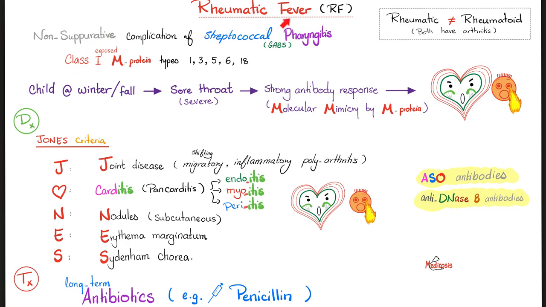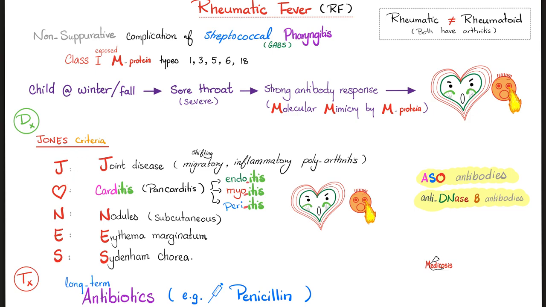Usually rheumatic fever happens in a child during winter months or autumn or fall months. Risk factors include living in poverty, living in the slums, poor hygiene, many sick contacts, etc. The poor kid is gonna develop a sore throat, and then later, a strong antibody response. That's the molecular mimicry, that's rheumatic fever. Rheumatic fever is not just the joints, it's not just the heart, it's many organs, and these are the classic